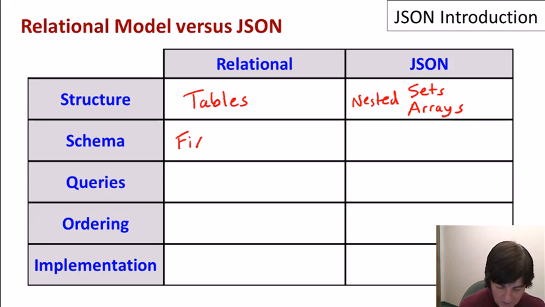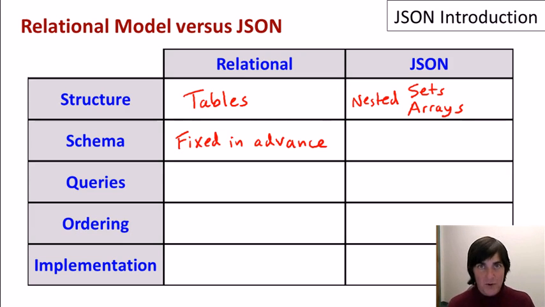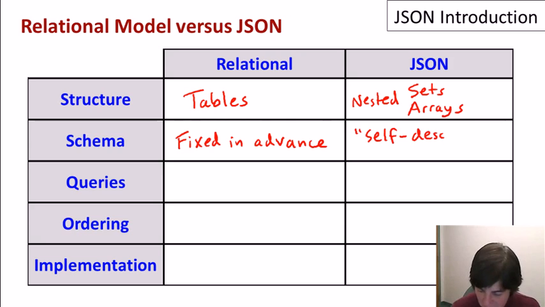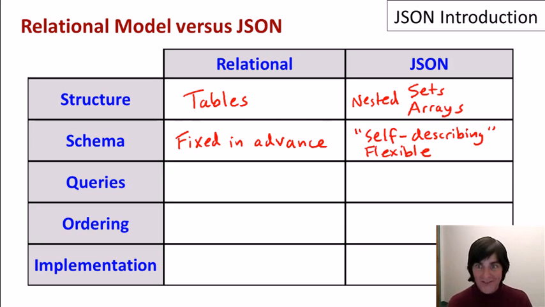One of the big differences between the two models, of course, is the schema. So the relational model has a schema fixed in advance. You set it up before you have any data loaded, and then all data needs to conform to that schema. JSON, on the other hand, typically does not require a schema in advance. In fact, the schema and the data are kind of mixed up together, just like in XML, and this is often referred to as self-describing data, where the schema elements are within the data itself. And this is, of course, typically more flexible than the relational model,